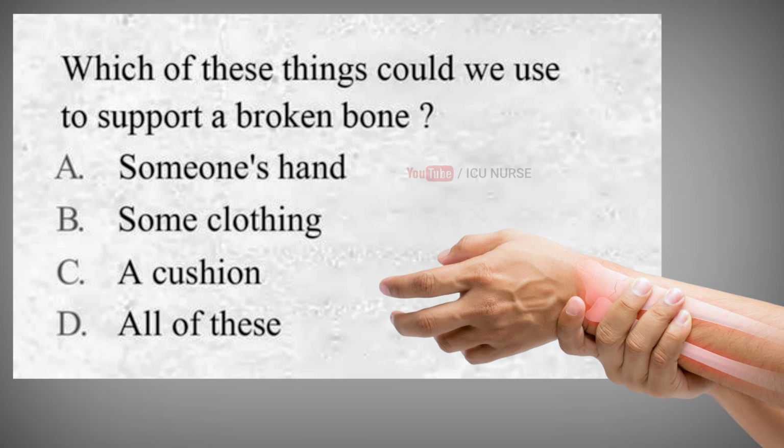Which of these things could we use to support a broken bone? A. Someone's hand. B. Some clothing. C. A cushion. D. All of these. And the correct answer is